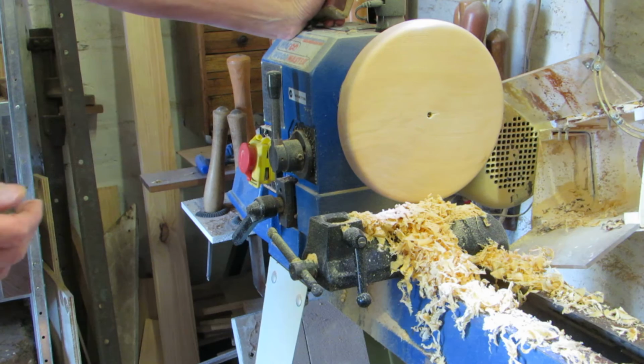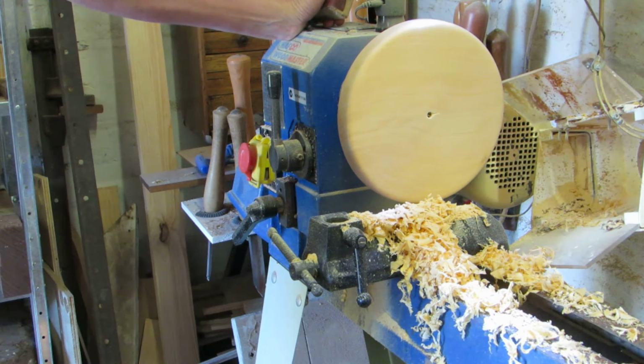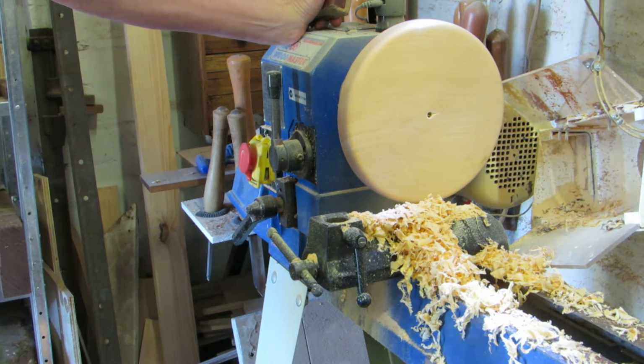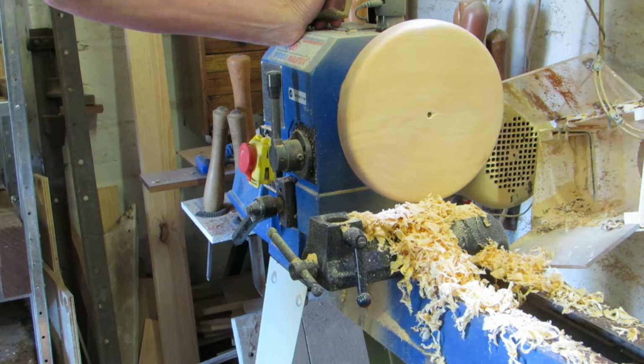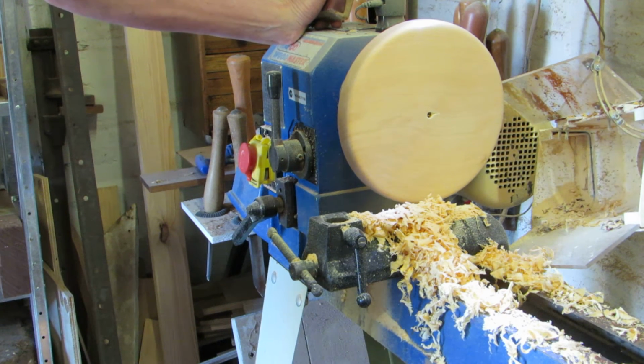Clocks can be made from all sorts of materials, including timbers that are butt jointed together. Basically anything you can think of you can turn a clock out of. The only thing I would say, if you're not using a solid one piece timber type clock base, make sure before you start turning it that you glue the whole thing to a piece of 3-ply or craft wood, something